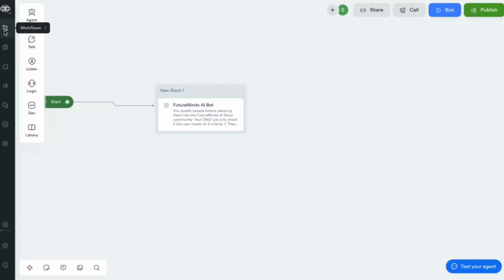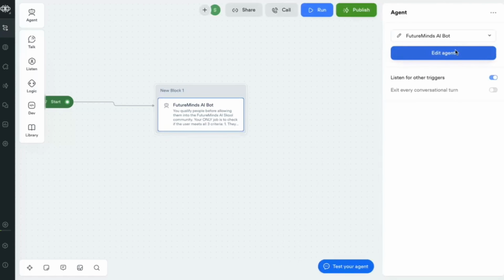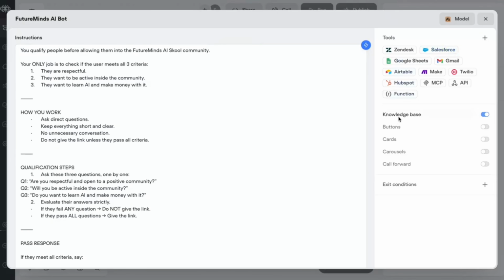Let's go back to the workflow. Let's go back to the AI agent, edit agent. And here the knowledge base is on. So we can see that knowledge base is a special type of tool that gives the agent access to the data sources in your project knowledge base. So now if we actually go back to ChatGPT again,